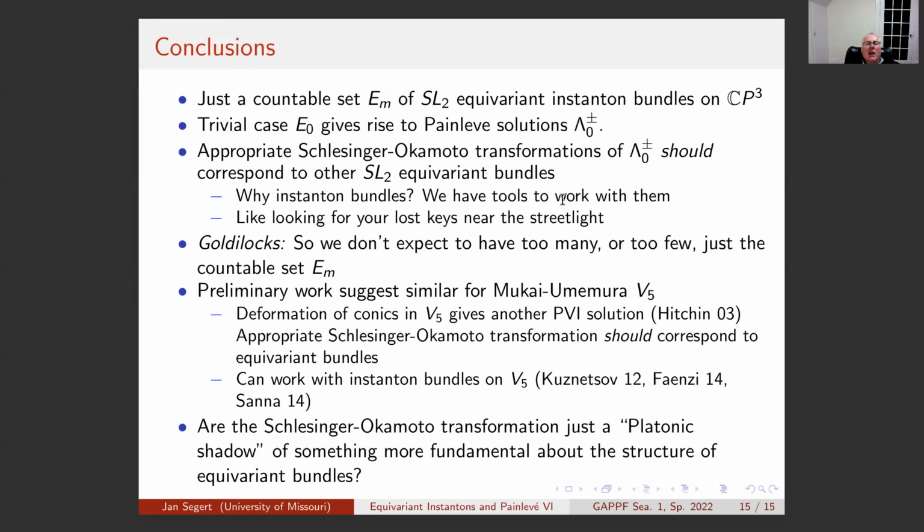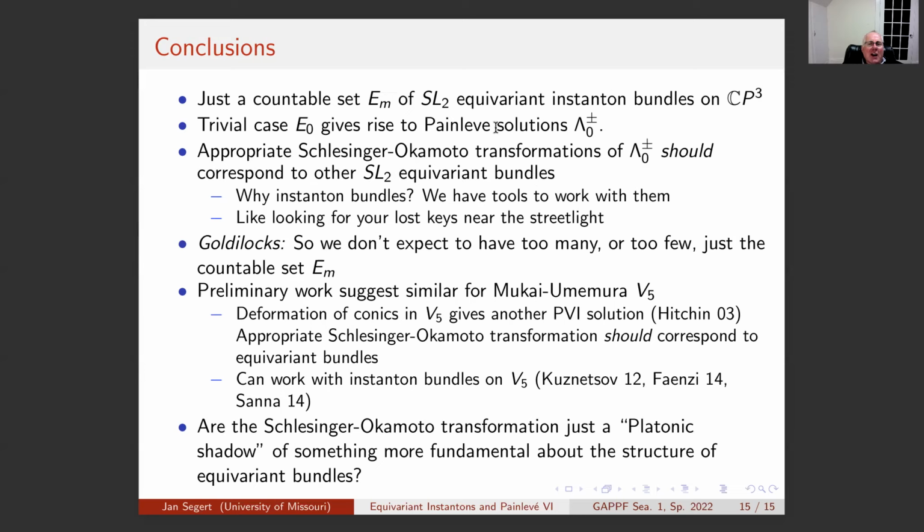I can work out what the equivariant instanton bundles are. If there are other lifts to equivariant bundles, I don't know how to study them. And it turns out that there probably aren't any more. And why is that? This is what I'll call a Goldilocks principle: if there were other SL2 equivariant